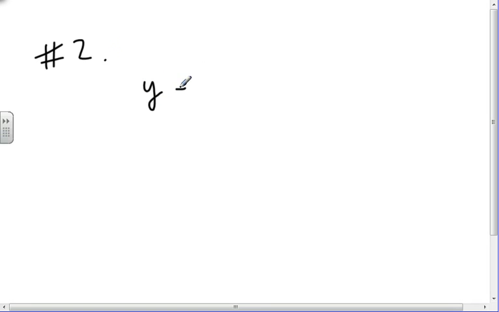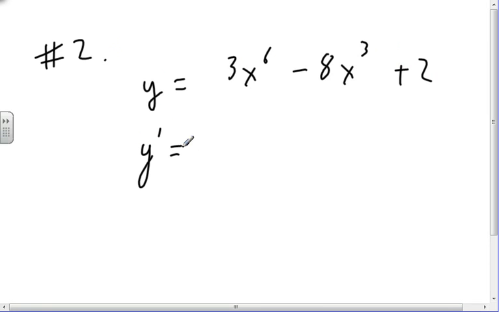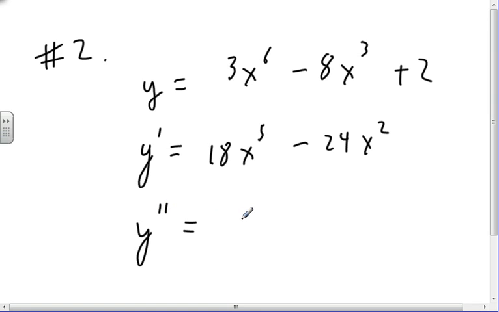All right, so y is 3x to the 6th minus 8x cubed plus 2. y prime, 18x to the 5th minus 24x squared. y double prime, minus 48x